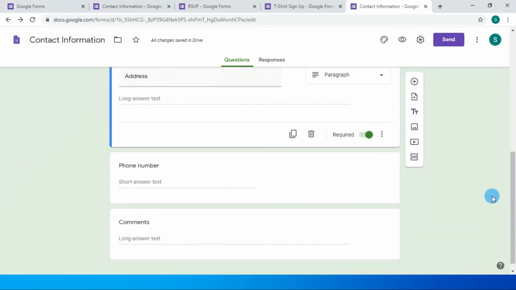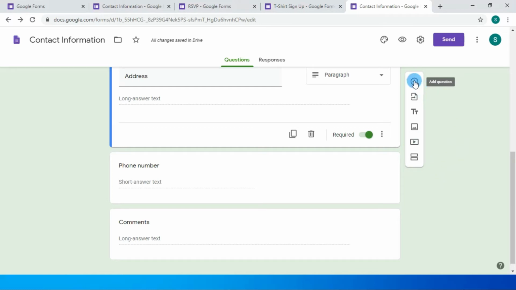So here we will add some new questions so that we can understand the tool menu of Google Forms. Here you can see that the first option is to add new questions. The second option is to import questions from our previously made forms. Third is the option to add titles and descriptions. Fourth is to add a picture in the Google Form. Fifth is to add a video, and the sixth option is to add a separate section in the Google Form. So we will start with our first tool to add questions.